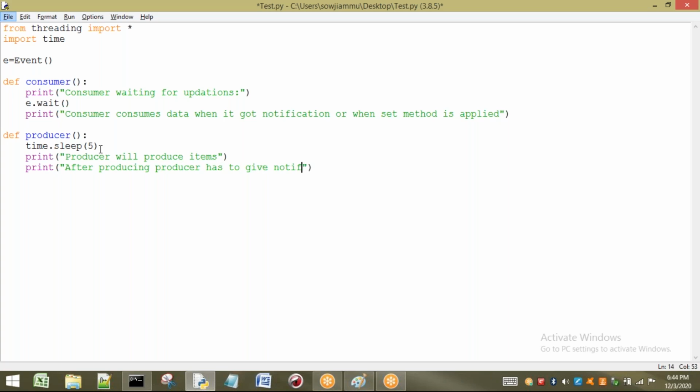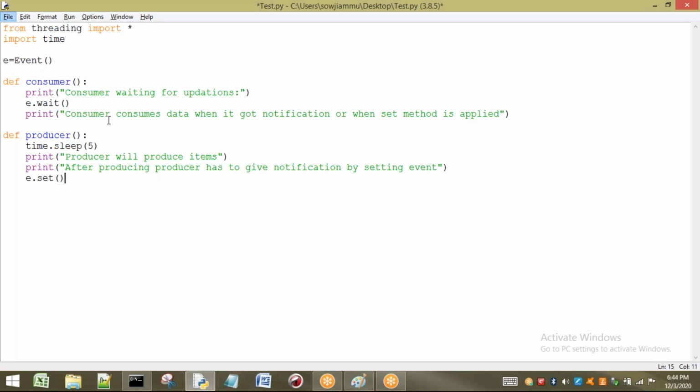How is it going to give the notification? By setting the event. How can I set the event? By writing e dot set. By seeing this, what can the consumer understand? This consumer is waiting on E, so whenever we set, this consumer can access its method and consume whatever we have here.